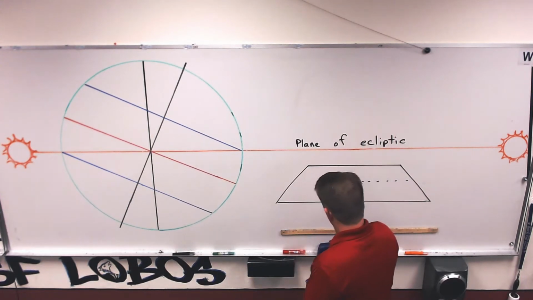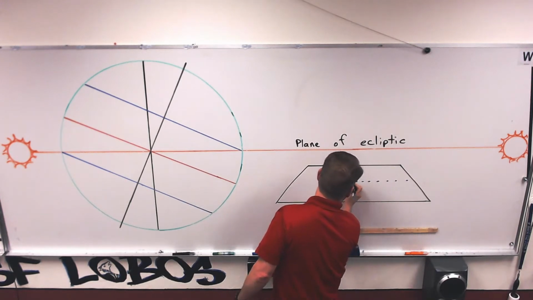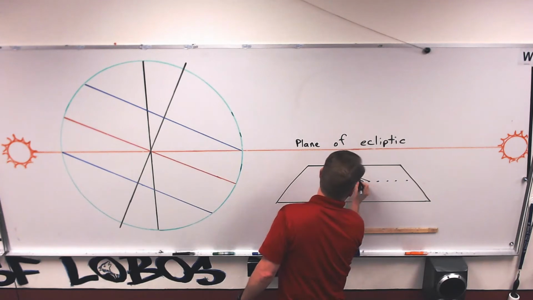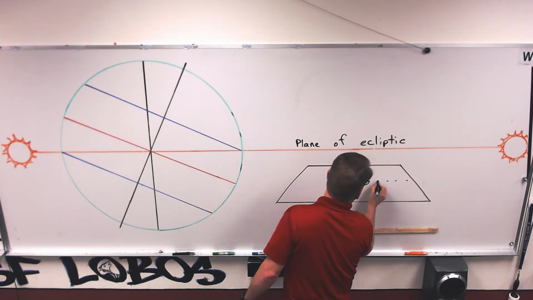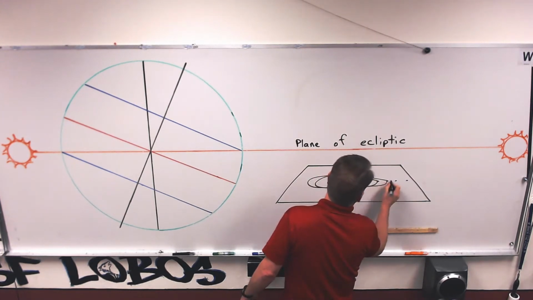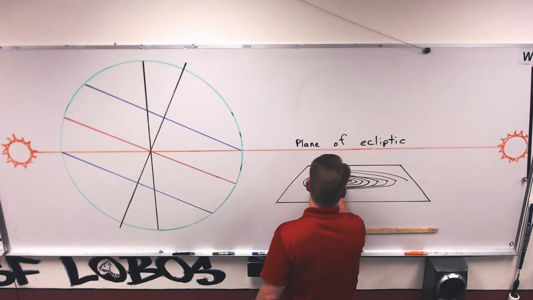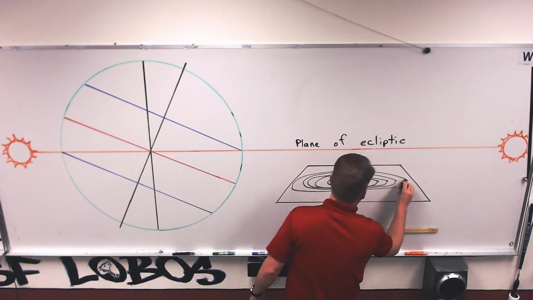And this is where the planets roll around the sun. These are their orbits. And they all sit on the same plane, also known as the plane of ecliptic. Good. We gotta make the sound effects on that, so that makes it better.